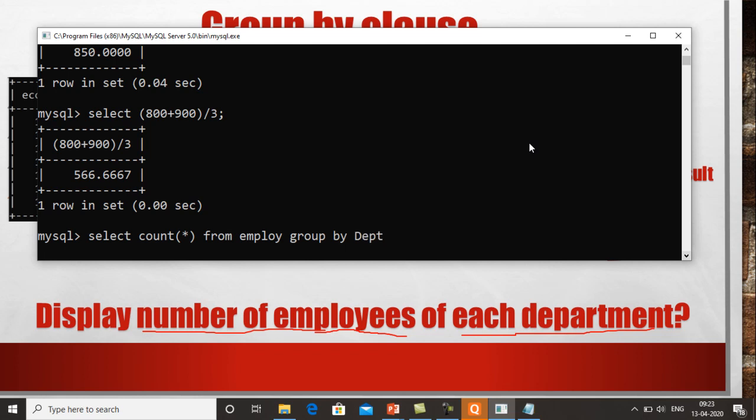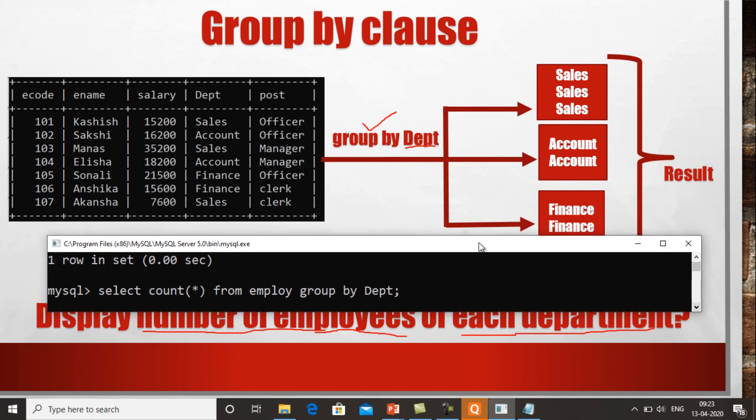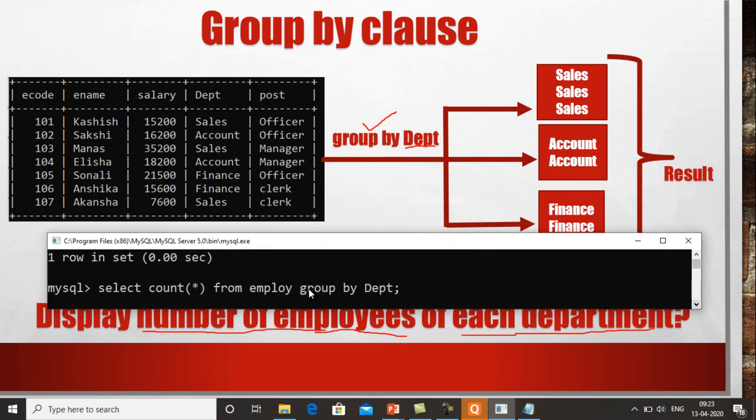Okay, so let's see what function will be performed by this query. The system will first look at this clause, group by department, and once it does, it will internally divide the table into three groups, because there are only three departments.